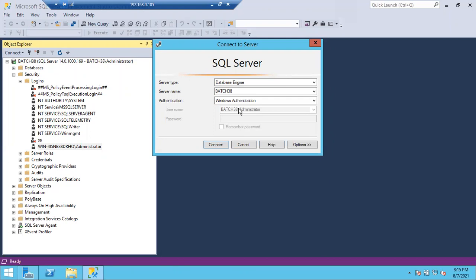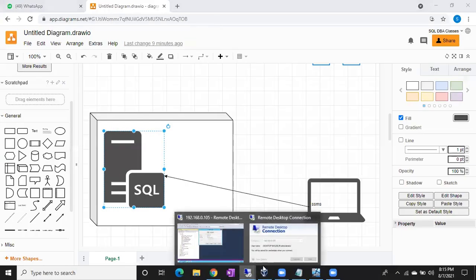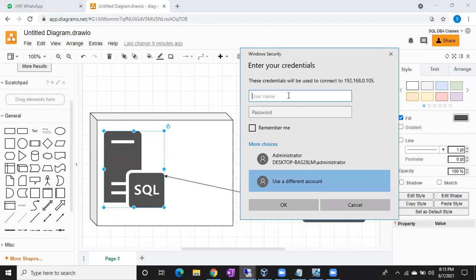Why? Because while logging into the Windows machine, you already gave the username and password. If you give a wrong username or wrong password, initially it won't allow us to log into the Windows machine itself.